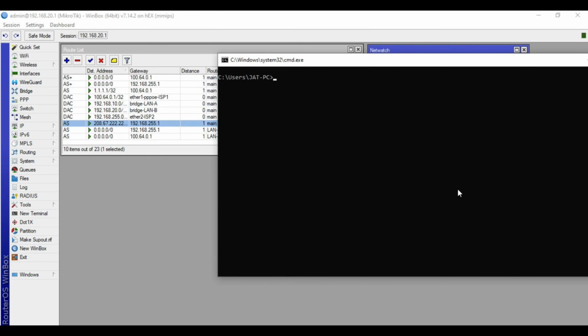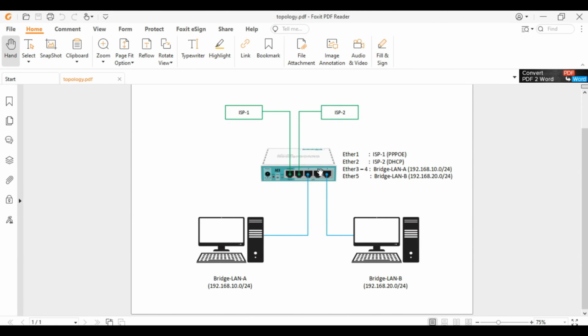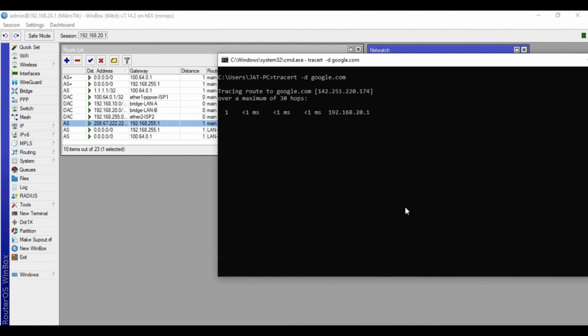Let's test. Let's do a trace route to verify that this laptop is routed to ISP2. So what you can see, we are routed to ISP2.